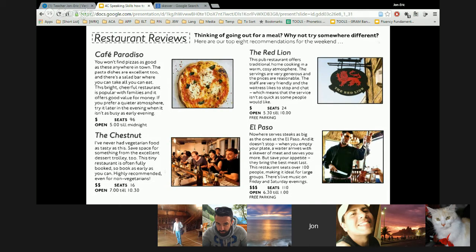Exactly. In English, we use the word that, but we don't use it as much. It's there, but it's implicit. You don't actually have to say it unless you're pointing at something, like "look at that." But when it's connecting phrases together in a sentence, we often take it out. He can eat all he wants. In Italian, you have to put it there, but in English, you shouldn't use it. We should try to make the sentences as short as possible. Excellent. El Paso is a very good choice for Ali.